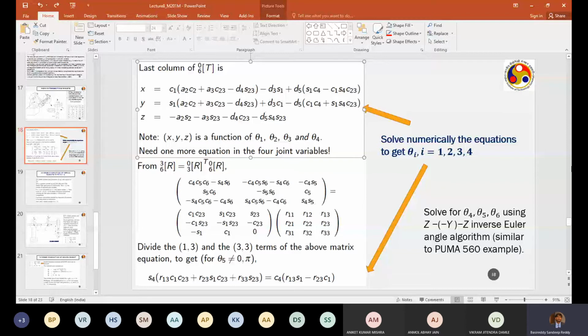So in the rotation about the y-axis, you have to take it by minus theta 5. Then the algorithm will be similar to whatever we had learnt earlier for the ZYZ Euler angles. So when you're calculating theta 5 and theta 6, it will be quite similar to the Puma 560 example with the intersecting axes. This I've left for you to do at home, how to solve them.